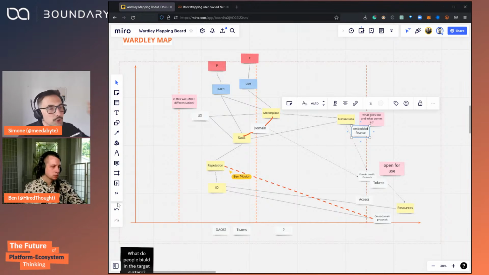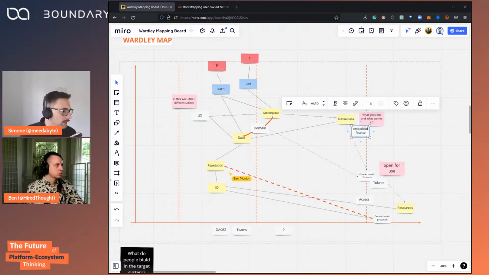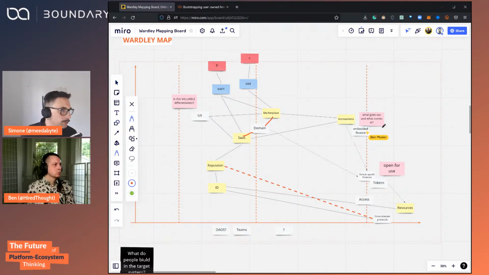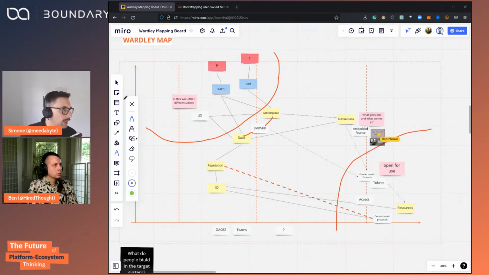Or an insurance into a purchase. So it seems that we are seeing a bit of a bifurcation here: on one side, differentiating through producing a better experience for users,